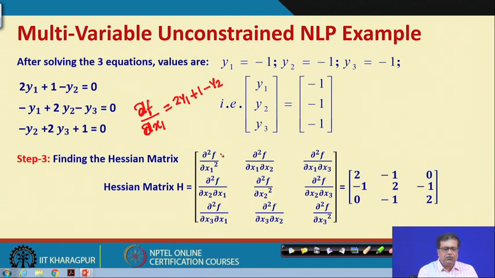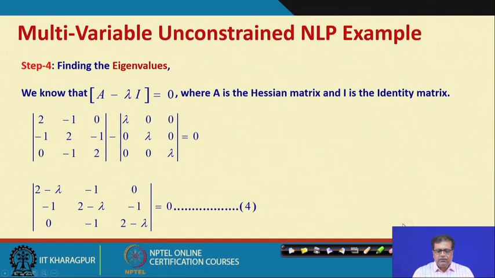So, if you take one more time, sorry, not x1, y1. If you take one more time del y1, this is written x1, but they really should be all y1. So, if you take them, then the value should be 2, right. So, that will be our Hessian matrix. So, that should be 2, right. So, kindly correct this. So, that is what we get, that is going to be our Hessian matrix.